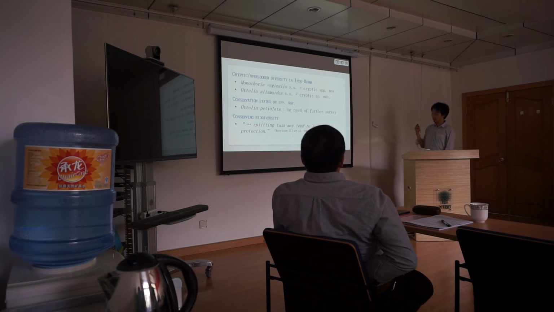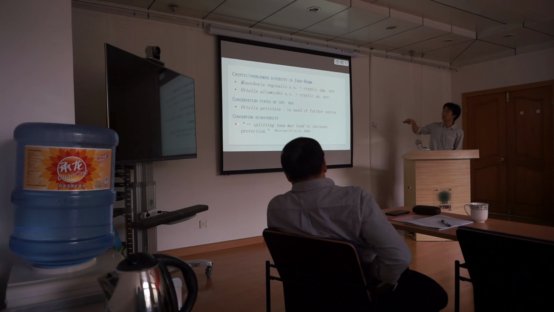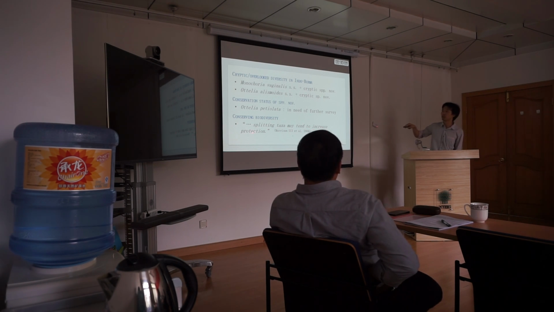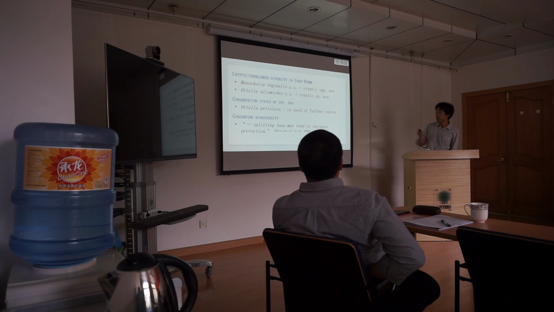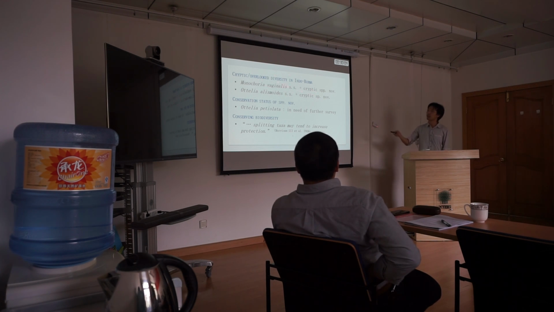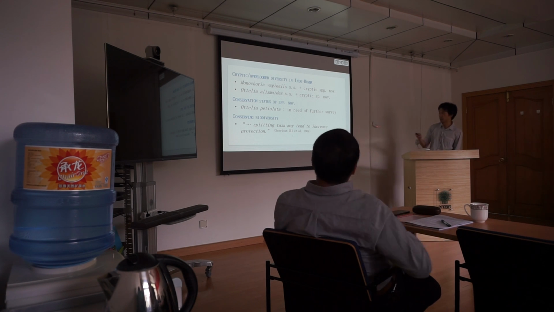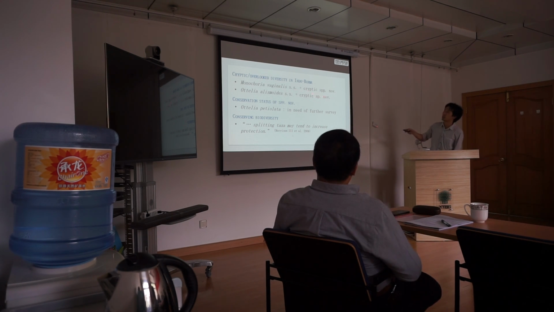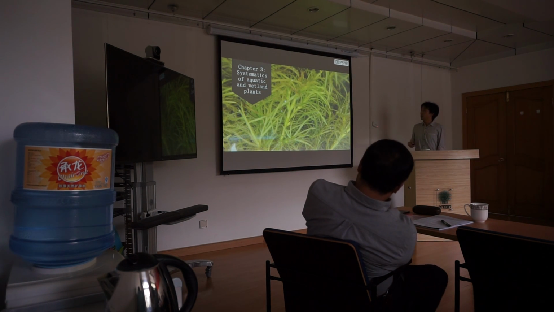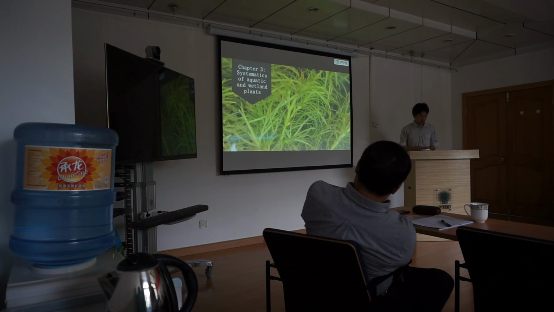And for conservation biodiversity, the meaning of this study is just like this. Splitting taxonomy tends to increase protection, which is good. Because I split the sensu lato species into cryptic, novel species, these cryptic species may get more attention from conservationists or people who care about conservation. And then, yeah, let's move on to chapter 3.